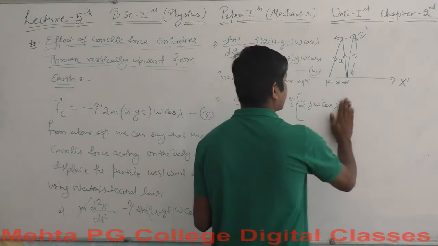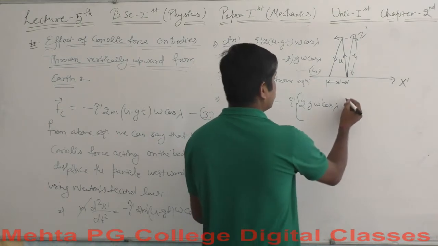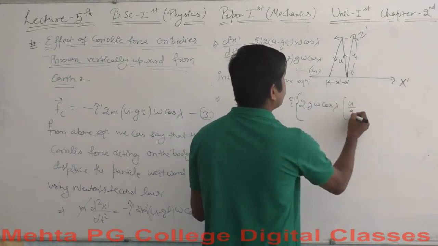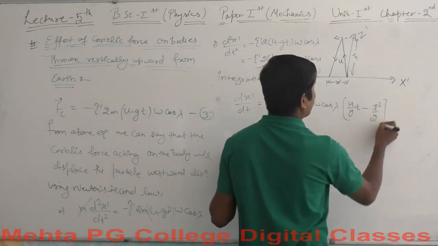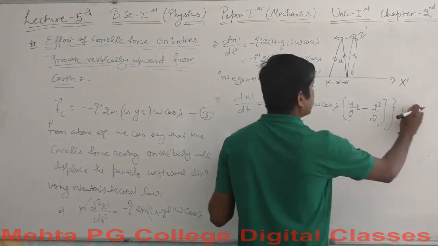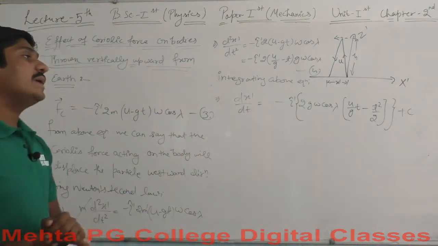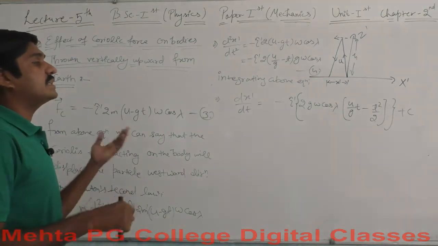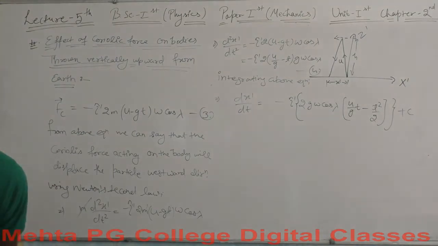Let's say all of these things are again common here. These things should be taken common out of all those things. What do you have inside? You have u by g into t minus t square over 2 plus c. C is the integration constant, and we need to get this integration constant value when time t is equal to 0. At time t equals 0, what is the value of velocity? The value of velocity must have a certain value, saying that at time t equals 0, dx dash over dt will again equal 0.